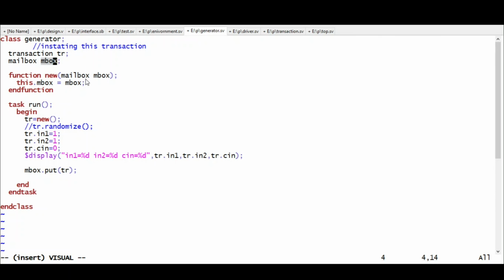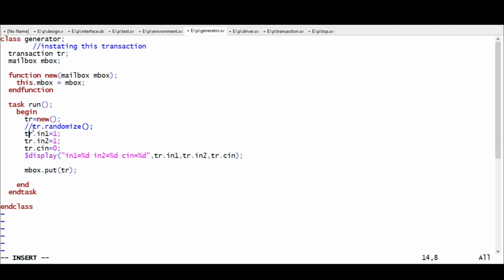You may say we are not assigning any memory to our mailbox, but don't worry. The memory will be assigned in the top class, and from there we assign it to the mailbox of the present class. Now we declare a task run. Inside it we first assign memory to our transaction and assign the values.